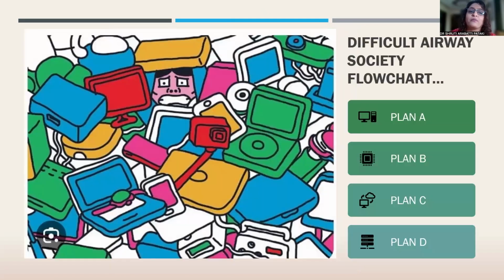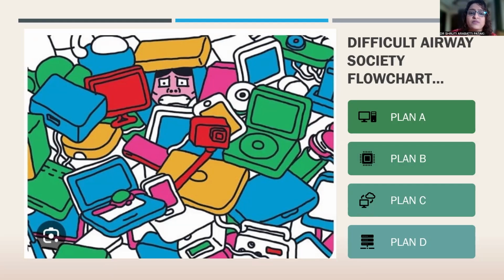So there are so many devices that we deal with in everyday anesthesia practice. It gets really confusing. So the main thing that we want to focus on is how we are going to plan our airway. Now, LMAs are coming up in a very big way where they're almost definitive in comparison to the endotracheal tube. Endotracheal tube has a very steep learning curve, whereas LMA, on the other hand, we all know is really easy to use.